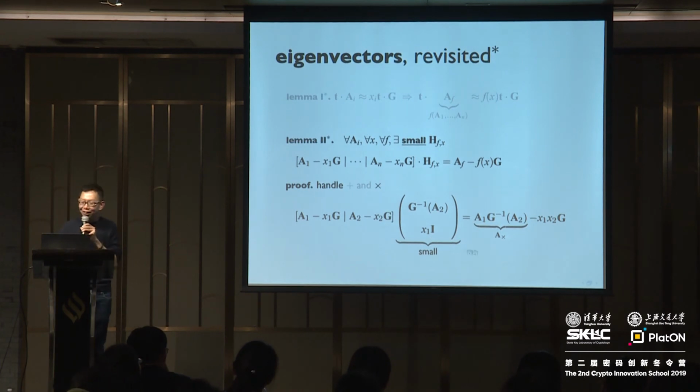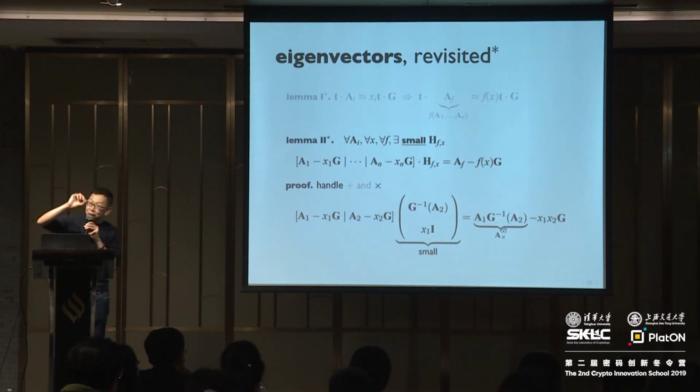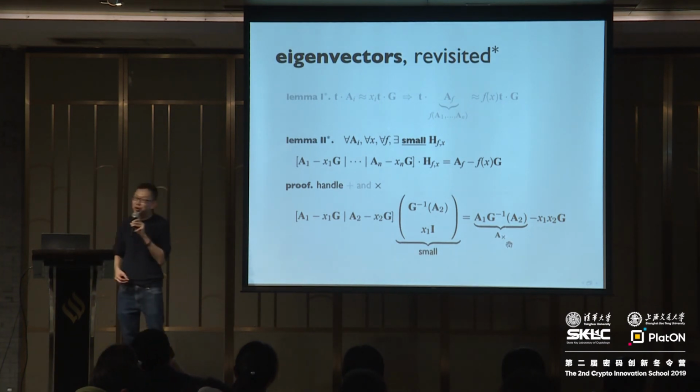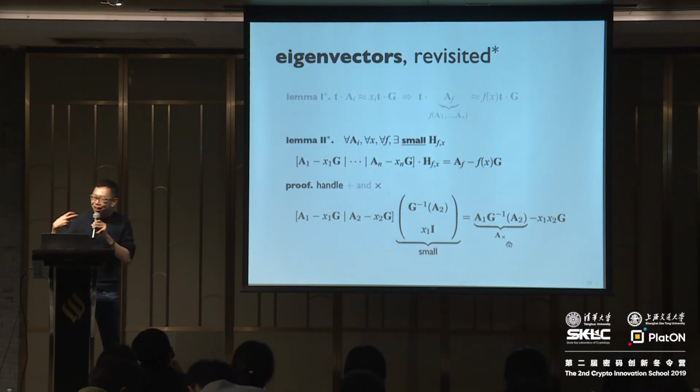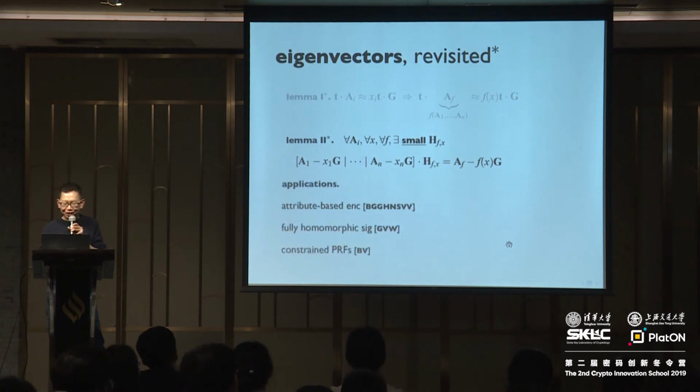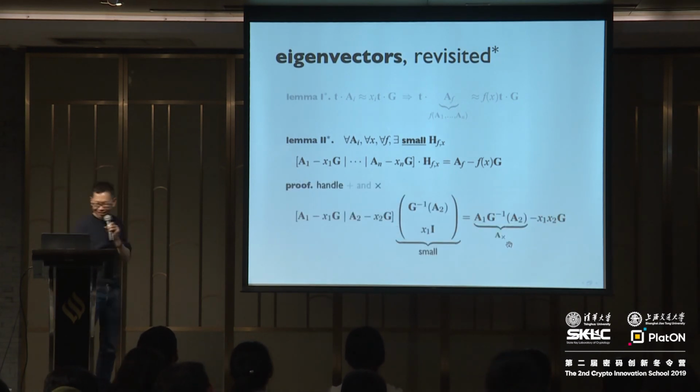Now, this term over here, instead of A1 times A2 as before, which we know doesn't make sense because you can't multiply two rectangular matrices, this A sub F for the multiplication becomes A1 times G inverse of A2. That all checks out, and this is the new equation that we end up with. So A sub F is no longer A1 times A2, but rather A1 times G inverse of A2. And this generalizes to an arbitrary polynomial F as well. So that concludes the proof of this statement.